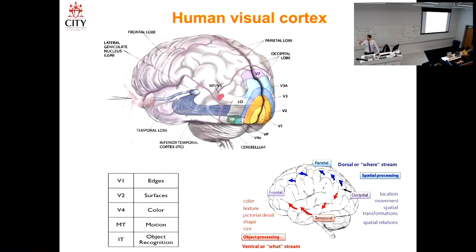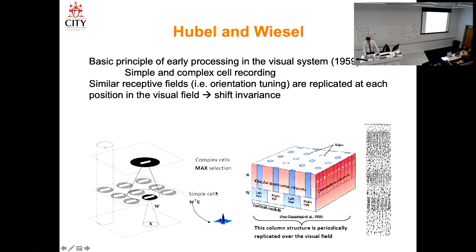We have simple cells and complex cells. We will talk about that. But the idea is the brain has a hierarchical structure, and in the earlier layers, it detects edges, and then surfaces, and then color is added, motion, and then we have the IT, which does the object recognition. So coming from this background,